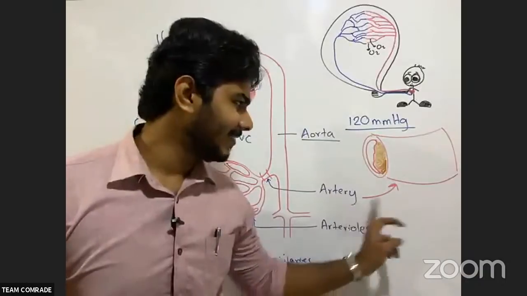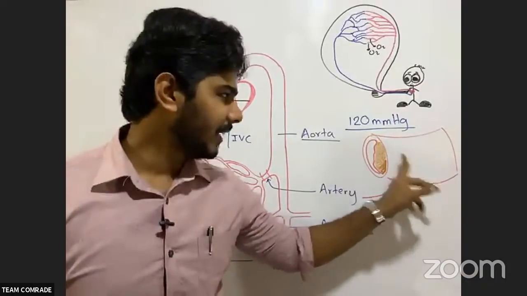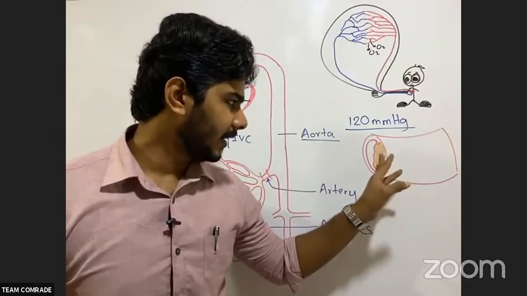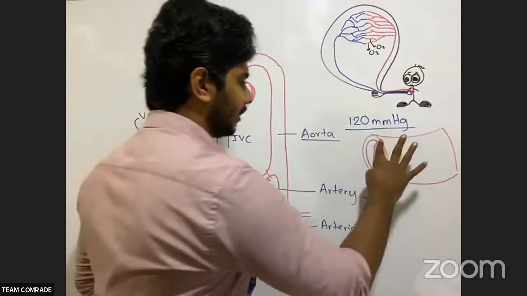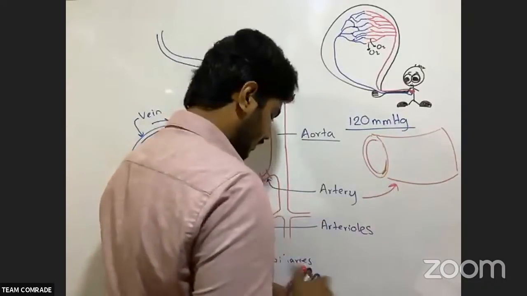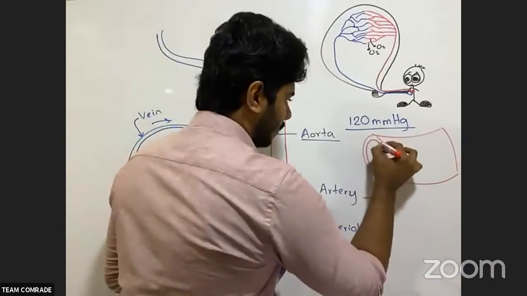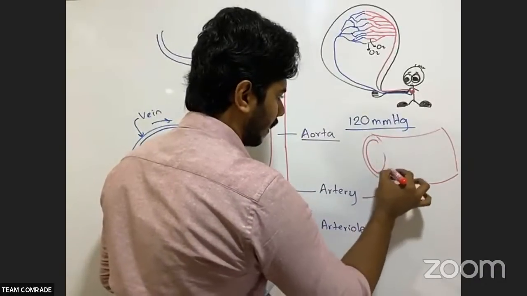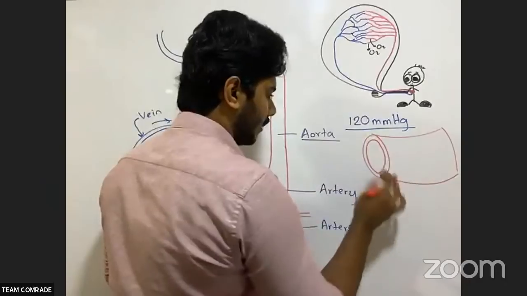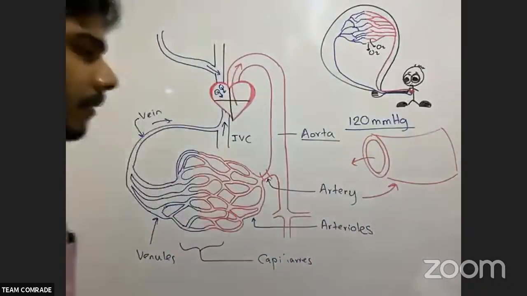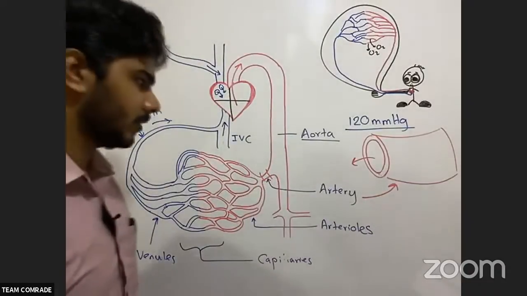Now here we have the artery, and the wall is thicker. And here this is a disease condition. If not, the wall is there nicely, and they don't have valves. I will tell you what valves are. So here, blood can come in and go out. That is what you call an artery.